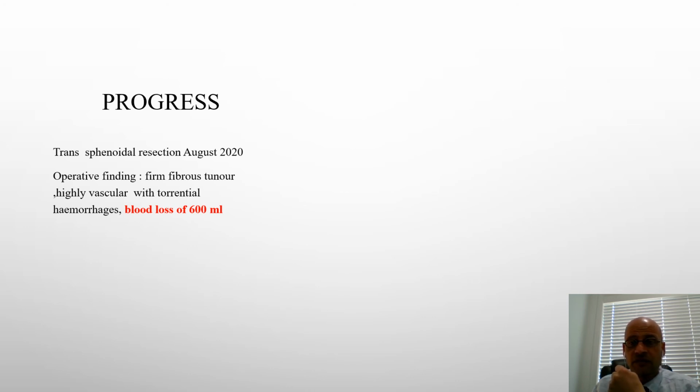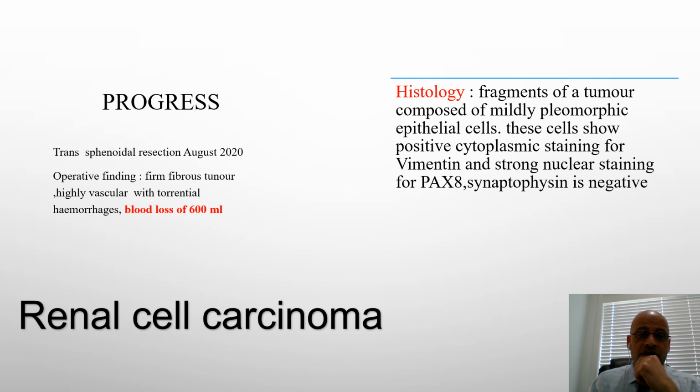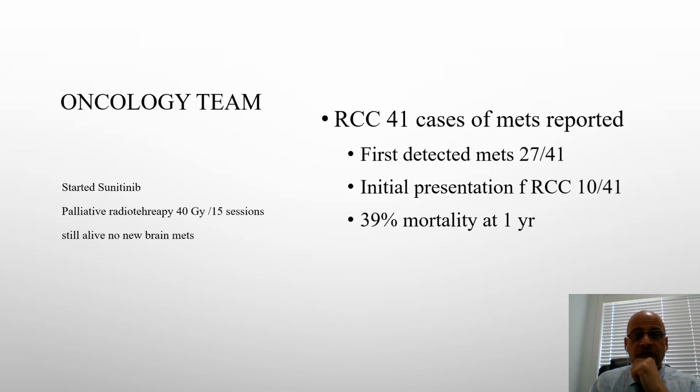He lost more than half a liter during that surgery. It was a very bloody field, and the histopathology came back consistent with renal cell carcinoma metastasis. Of course, the histopathologist has to do special stains for renal cells after you give them the history. So that was the case, and the oncology team started him on sunitinib with palliative radiotherapy, and he's still alive